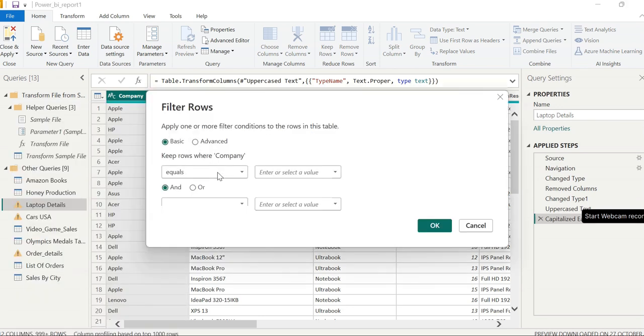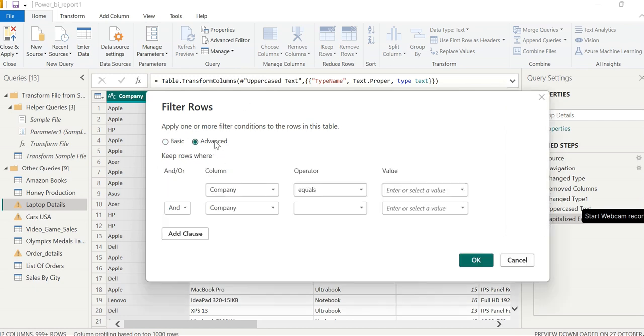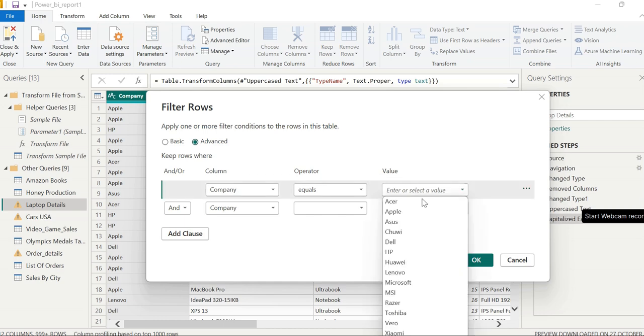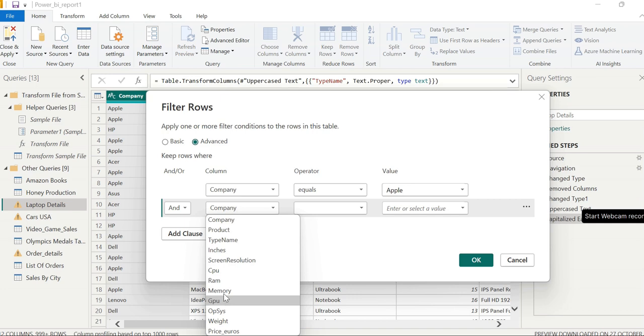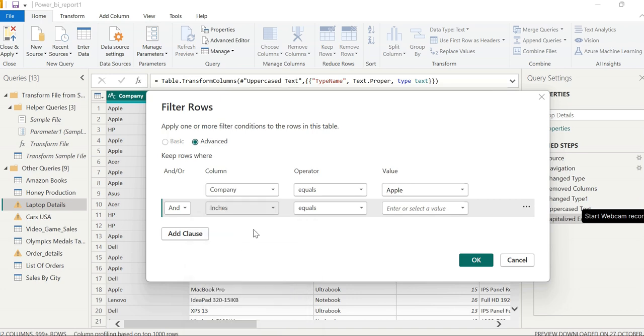I will go to the advanced options. I will go to the company equals same name Apple. I will add some more things here too, with and, I just want attribute inches is greater than. Now I will check for 10 inch here